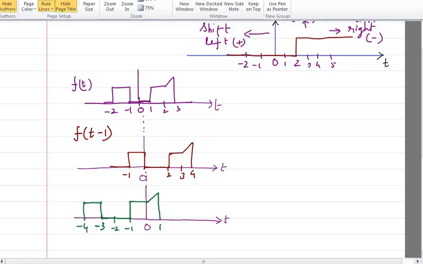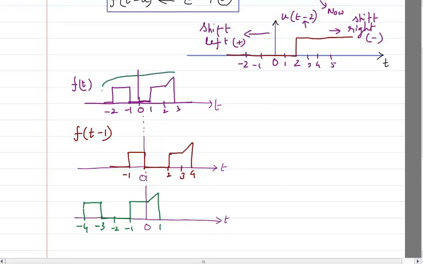So now if I look at this signal, it is the original signal, but now it is shifted in which direction? It is shifted in the left direction. And by how much has it been shifted? Just look at this point. This point which occurred at 2 is now occurring at -4. So what I have done is, I have taken f of t and I have advanced it by 2. Why? Because I have shifted this whole signal by 2 units, 2 seconds I can say.